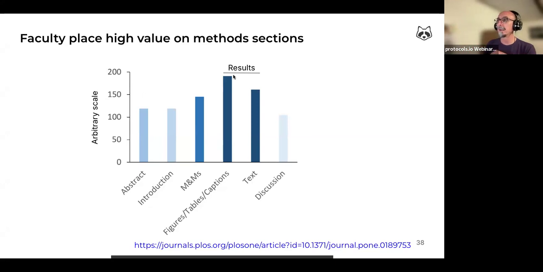So these are results, either figures or text, and methods are just second in value, because these are tightly linked and are needed for the correct interpretation and the reproducibility of the results or data.